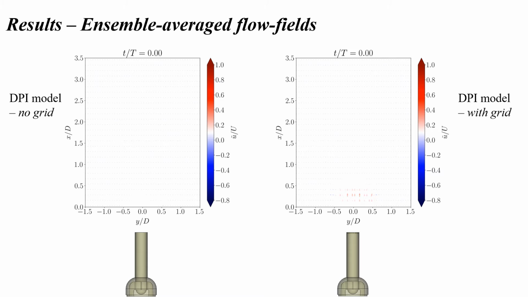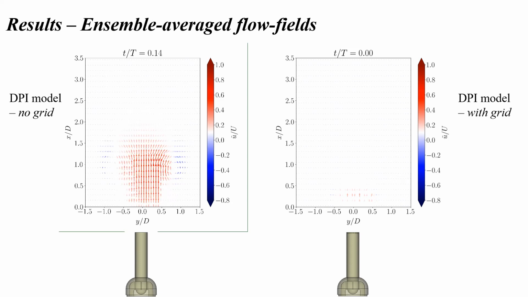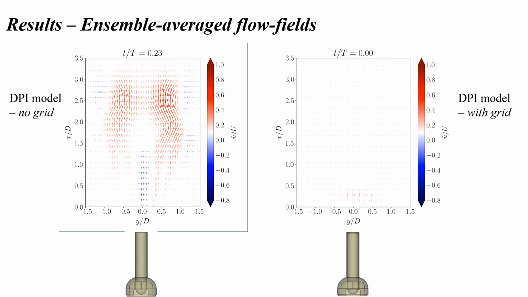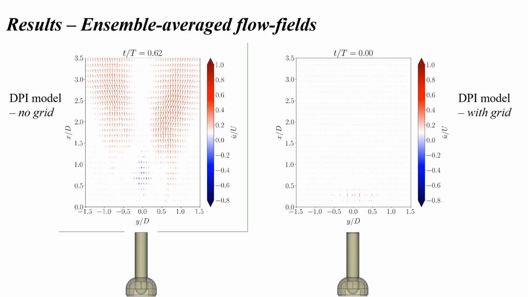First, for the model without the grid, we see that the flow arises from the DPI mouthpiece in the form of a jet with two leading vortices on either side. Now this jet spreads and the vortices grow as the flow evolves, and the axial velocities in the central region decrease and become negative. So the white region that you see here is the stagnation region, and the blue is the reverse flow region. These flow characteristics persist up to the end of the inhalation period and are a result of a highly swirling jet flow that arises from this DPI model.